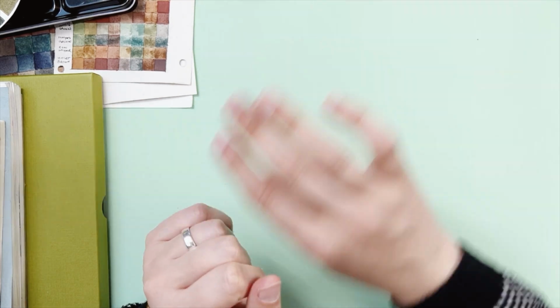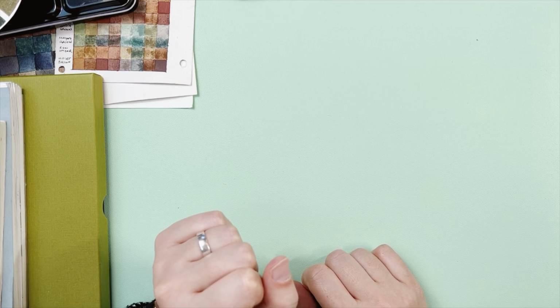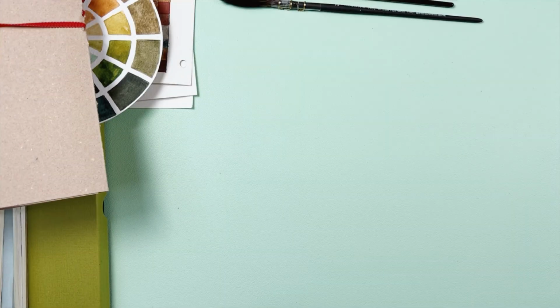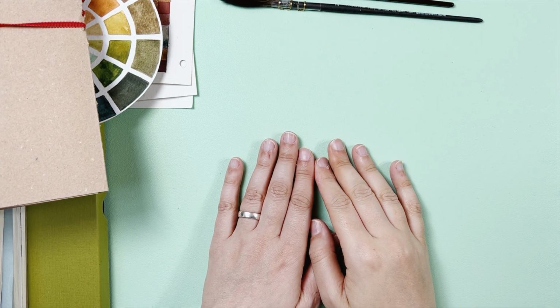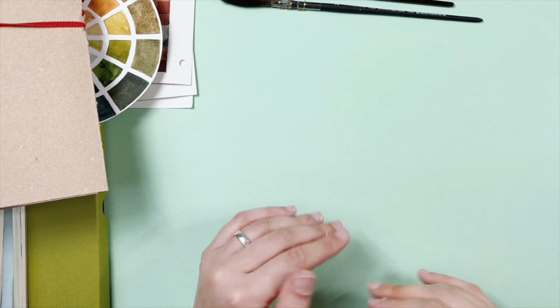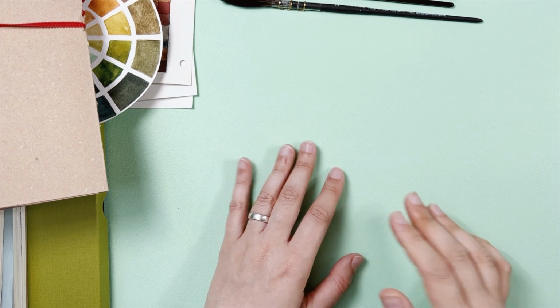So now I'm done with the brushes. We'll talk about palettes. So last but not least, before I have no more daylight here, it's getting darker and darker. I hope you can still see what I'm showing. I'm gonna talk about palettes,